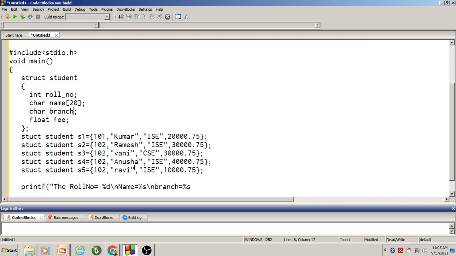I have to make it as a string, say branch maximum 10 I will take. And the fee paid equal to percentage f, slash n, double quote complete, comma.